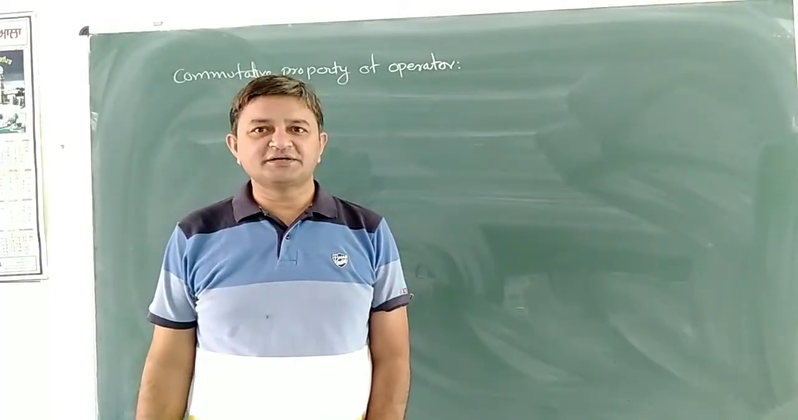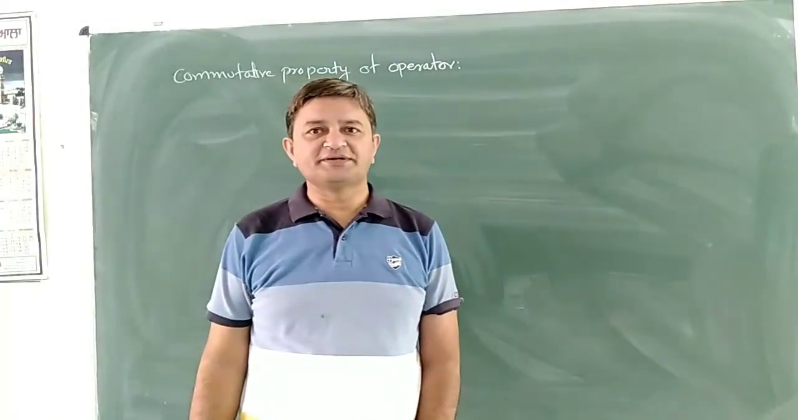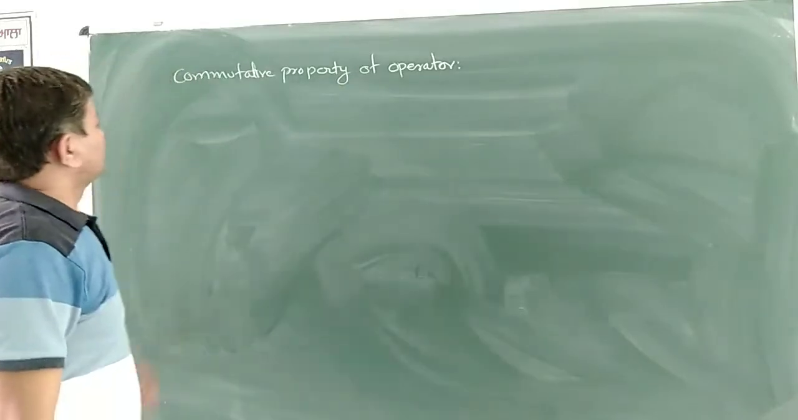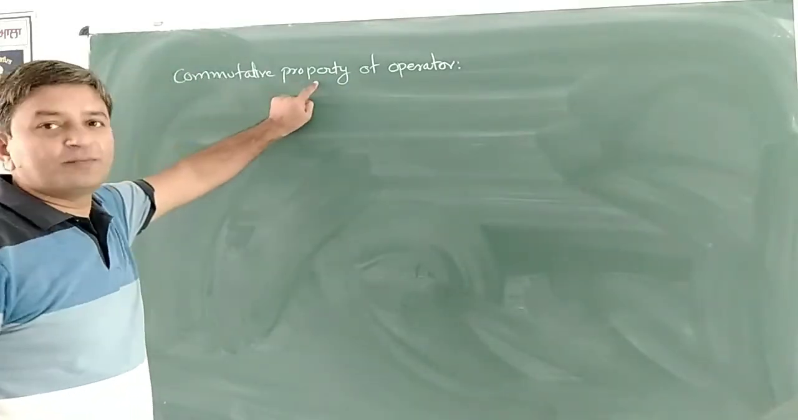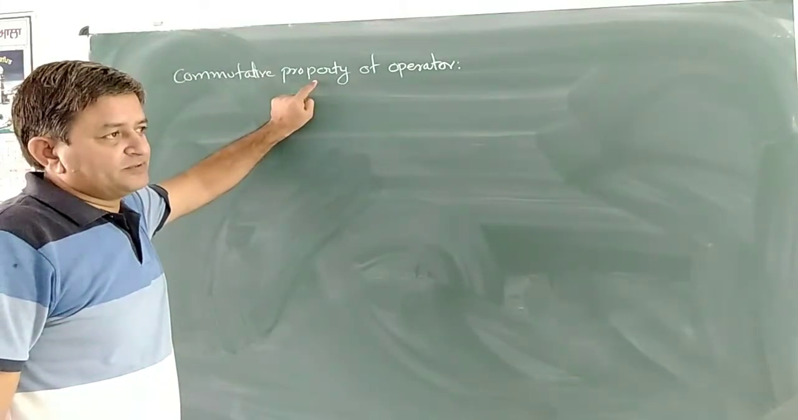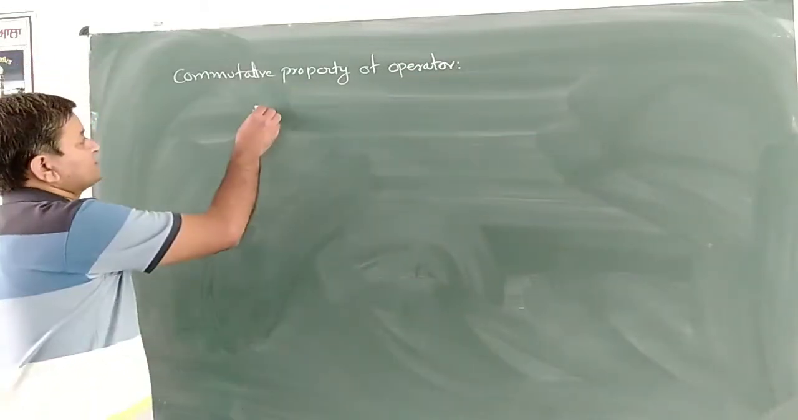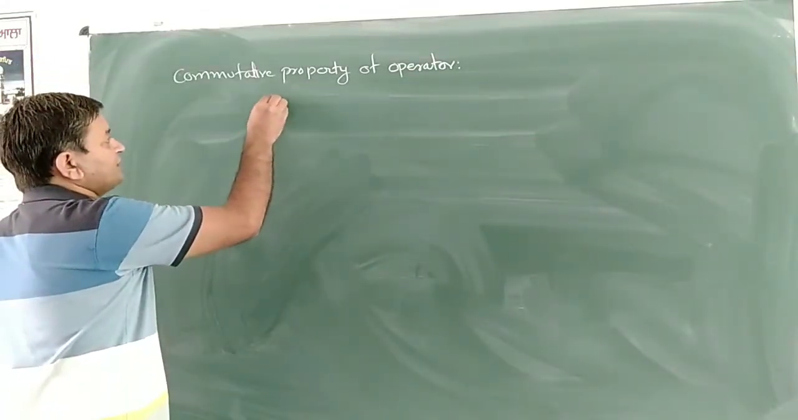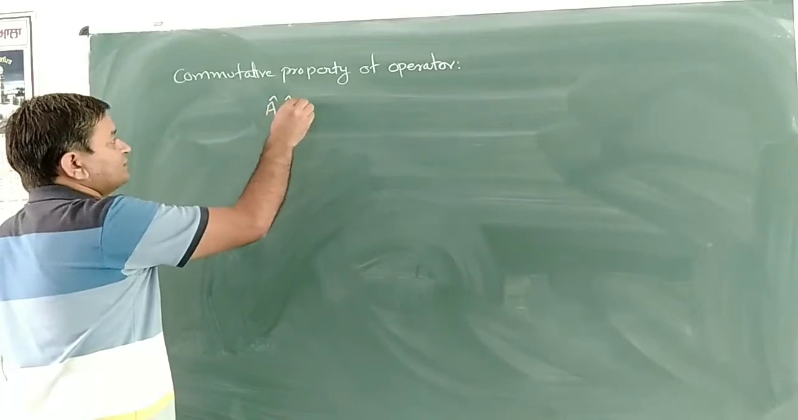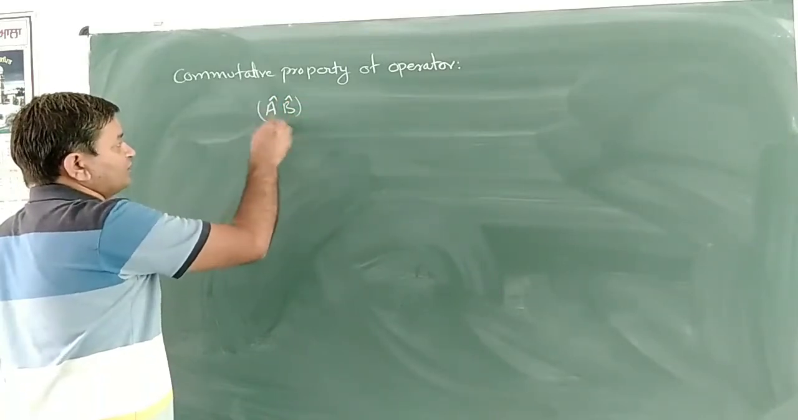गुड मॉर्निंग स्टूडेंट। आज हम नेक्स्ट टॉपिक पढ़ेंगे कम्यूटेटिव ऑपरेटर। सो कम्यूटेटिव प्रॉपर्टी ऑफ ऑपरेटर क्या है? तो इसमें क्या है कि अगर हमारे पास दिस इज ए एंड बी टू ऑपरेटर है विच इज ऑपरेटिंग ऑन